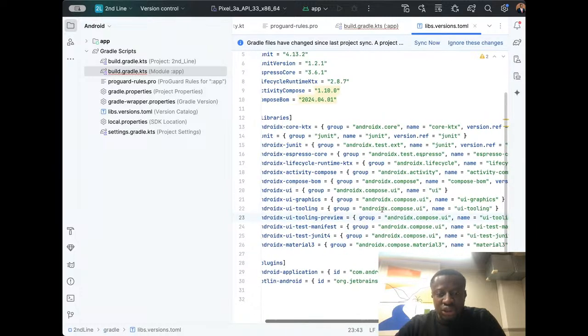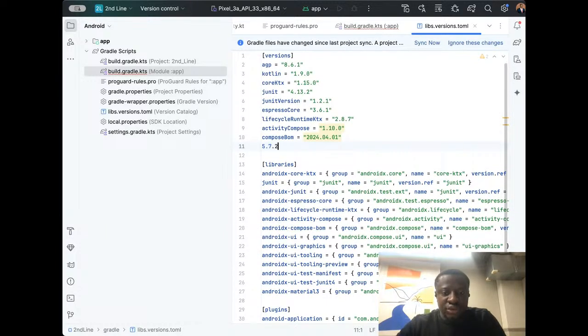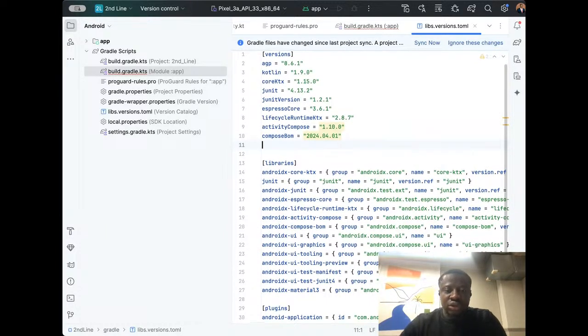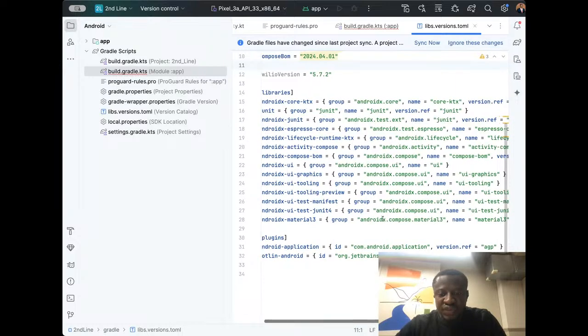And then yeah, the Twilio version. I'm just gonna leave these old versions for now.